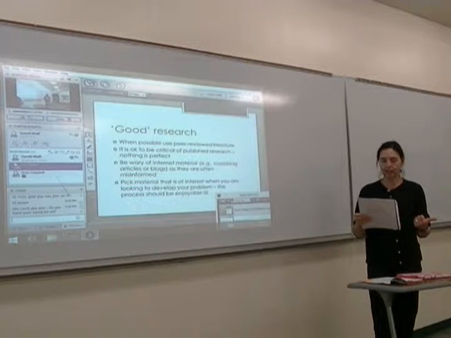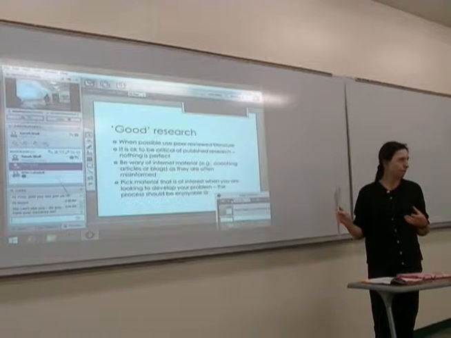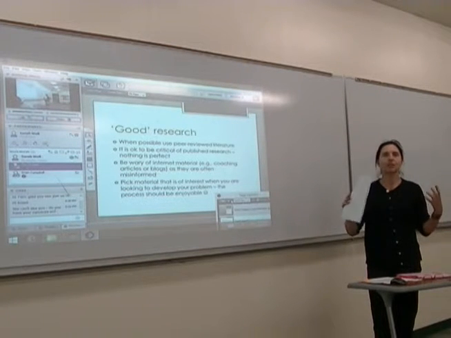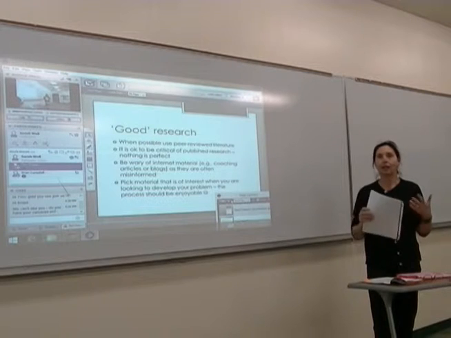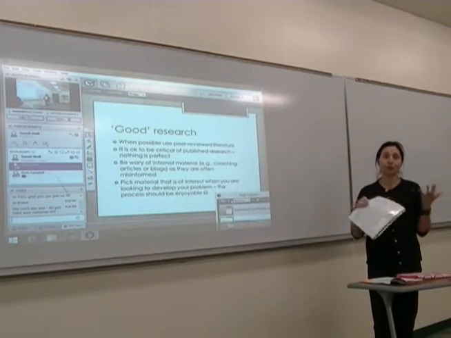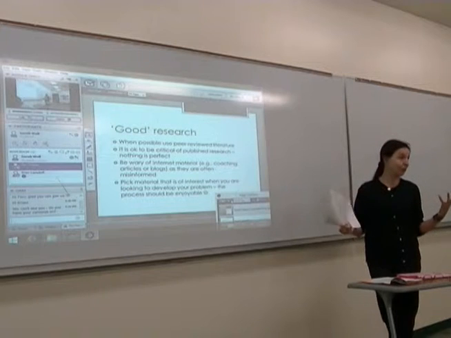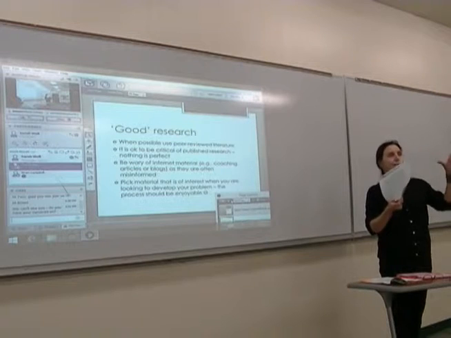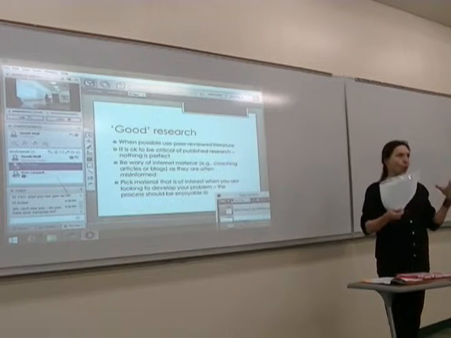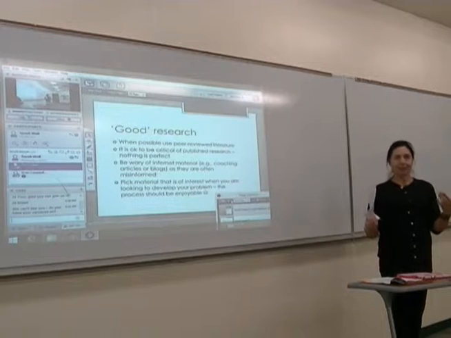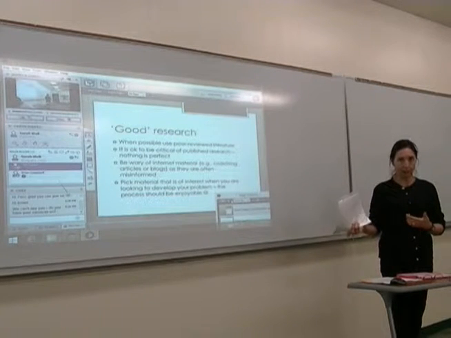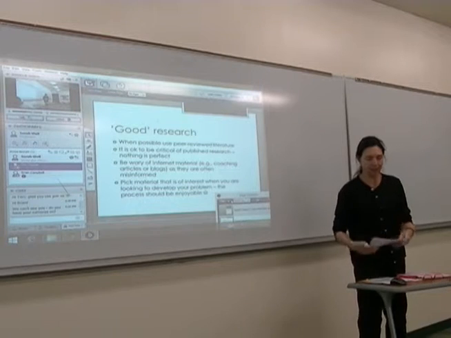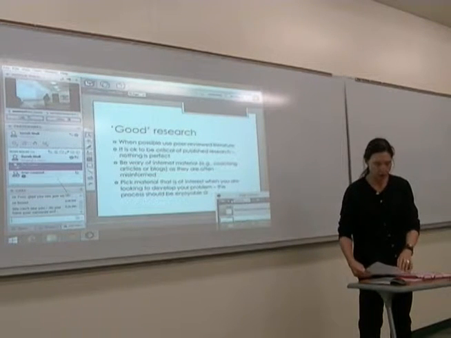And the biggest thing is, even if you've seen the original paper, don't copy someone else's reference to the paper, because everything that's published goes through an editor. And an editor is only human, and they make mistakes. So just because you see the reference in another article, or you find it online somewhere, doesn't mean it's done correctly. All right, so please just get into the habit of checking your APA